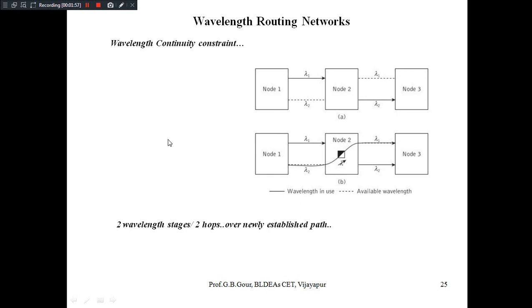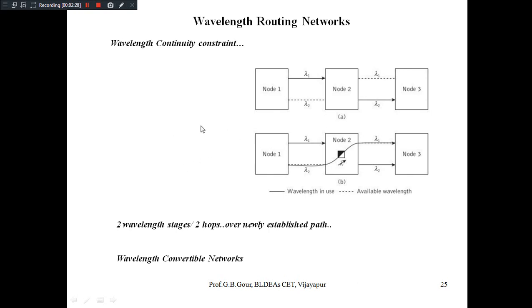This means the optical layer allows transmission of information between different nodes of the network based on wavelengths, maybe single hop or multiple hops. Single hop means directly transmitting from one node to another. Multiple hops means more than one hop, passing through one or more intermediate nodes.